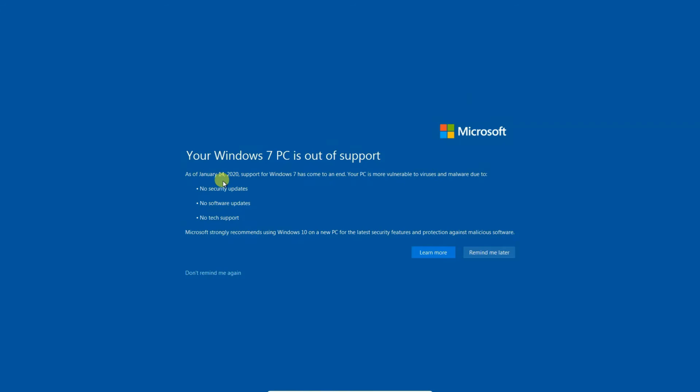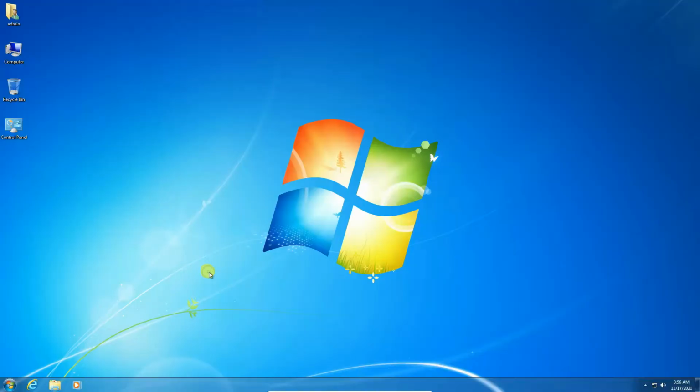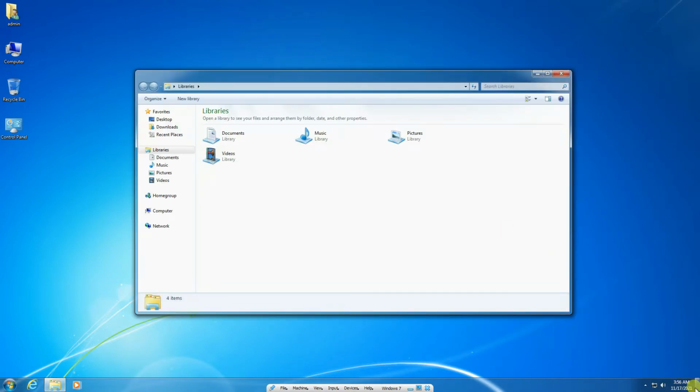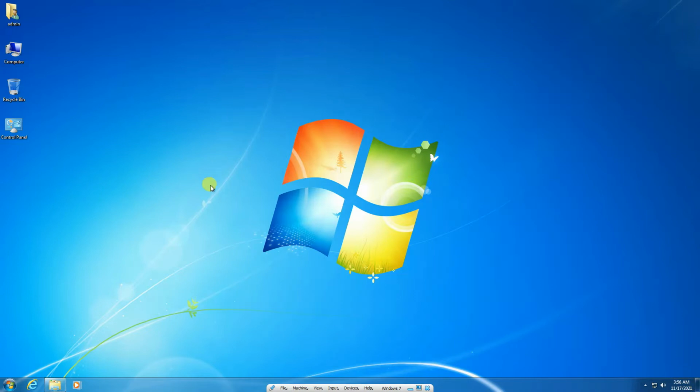And they are even mentioning the date, that it has stopped the support on January the 14th 2020, and it's recommended to install the latest version of Windows, which is any later version like Windows 10 or Windows 11. So that's the interface. We have the desktop icons. If you go on the extreme right of the desktop and click it, you'll be able to show the desktop icons. Instead of having it on the left hand side of the taskbar, they have moved it